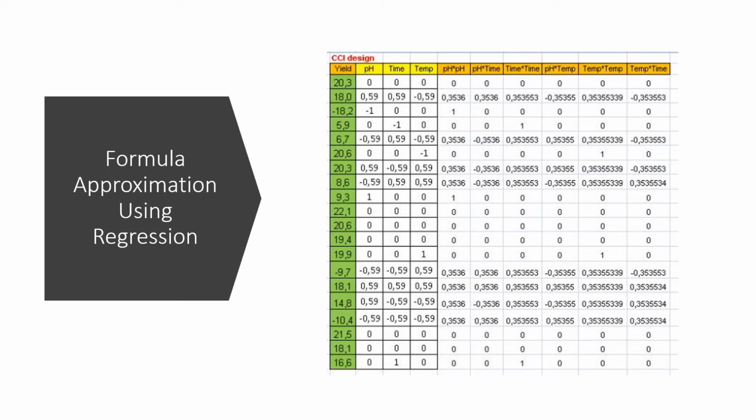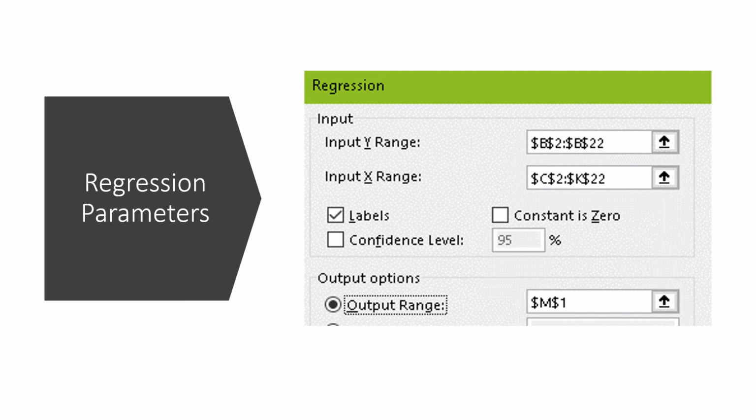Another Excel alternative is to approximate the quadratic formula using regression. In order to do this, we need to build the table of interactions and squares just by multiplying the corresponding columns of the factors, as seen in sheet response regression. We can now go to analysis/regression. Y are the outputs in column B. X are the inputs in columns C to K. We include the column labels